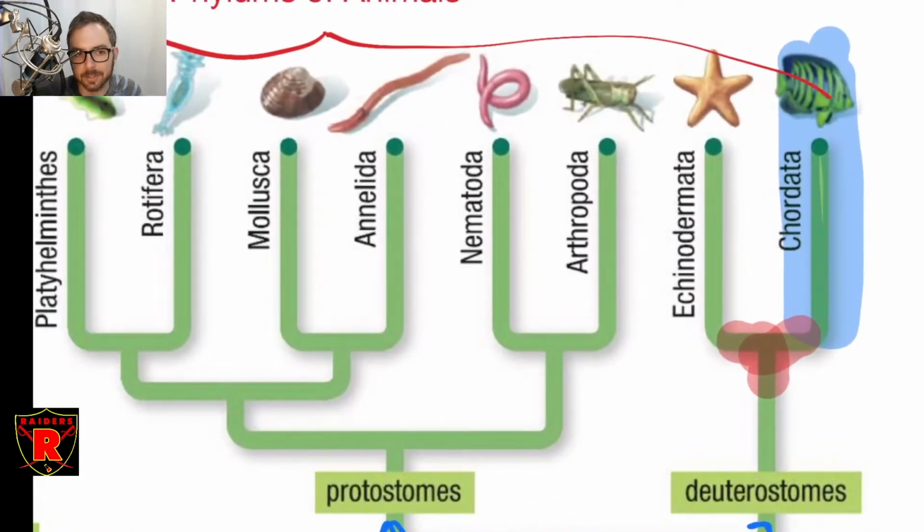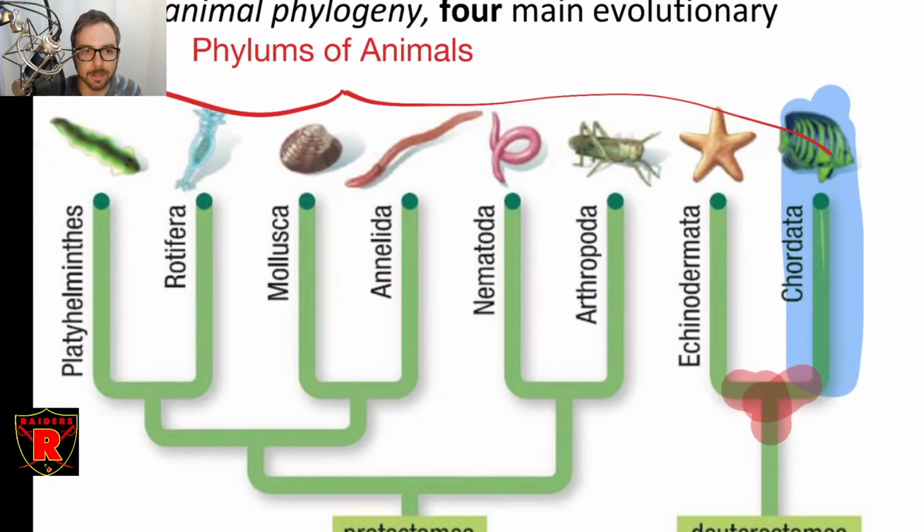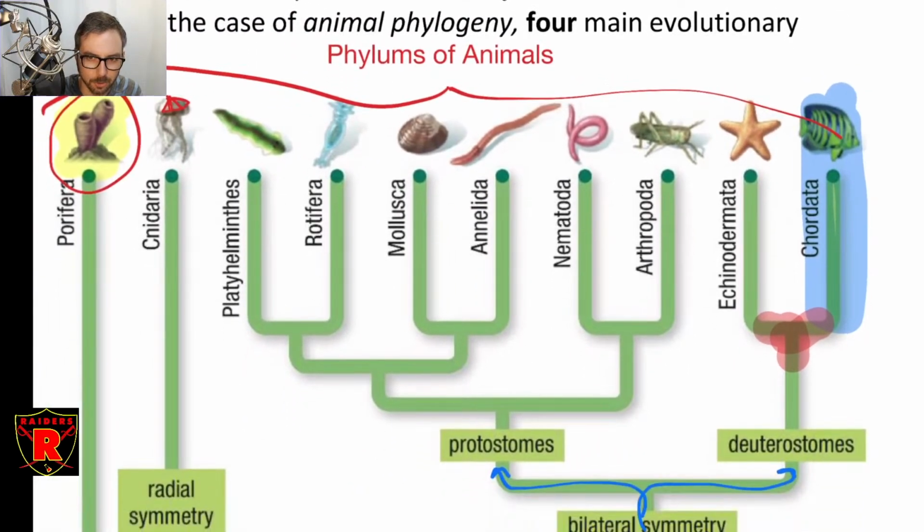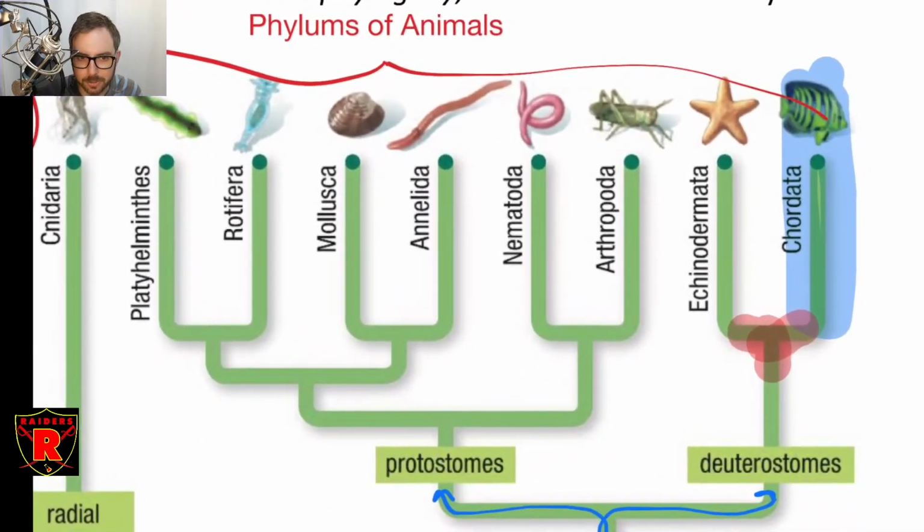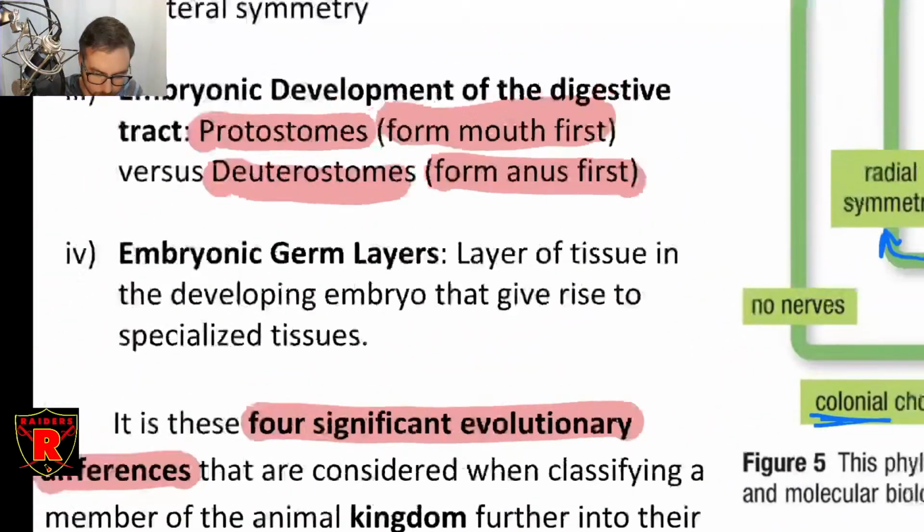Okay, and that sounds like something relatively minor, but oftentimes small differences at the embryonic level during development result in large differences at the developed level, which in this case is true. So that affects a whole bunch of stuff about coordination of the digestive system, which is important as a developed mature organism. Okay, so we categorize them based on that.